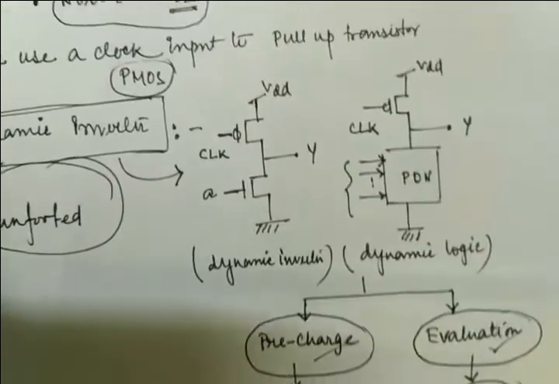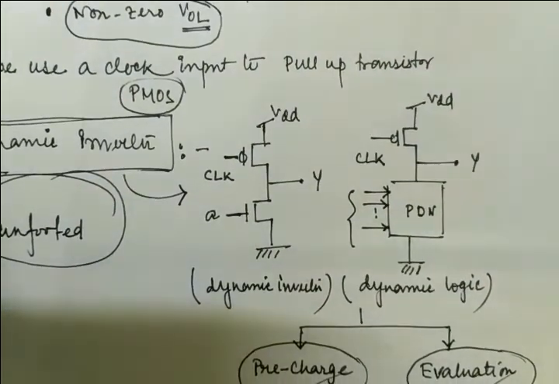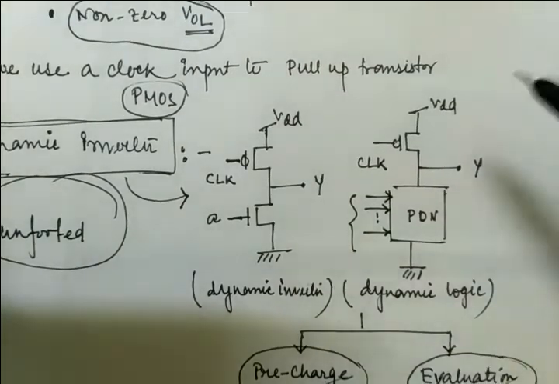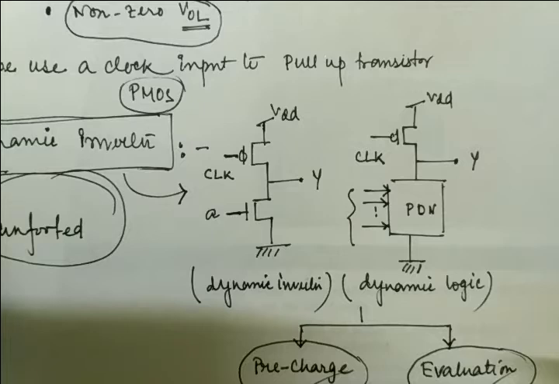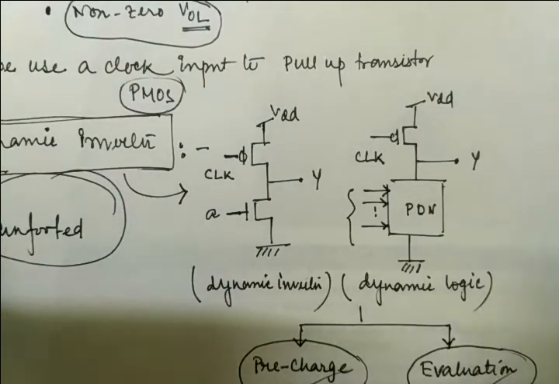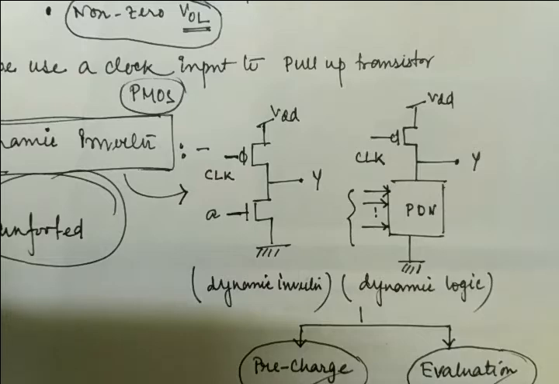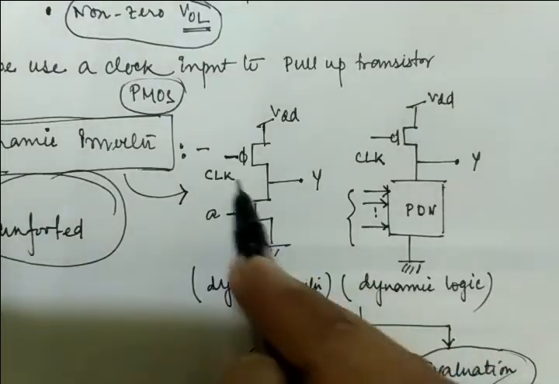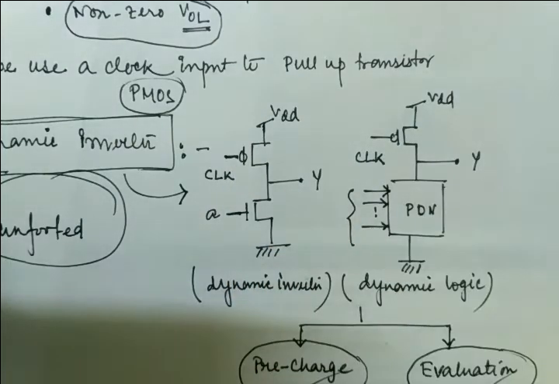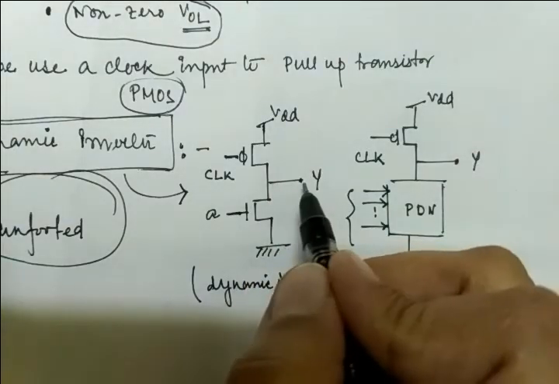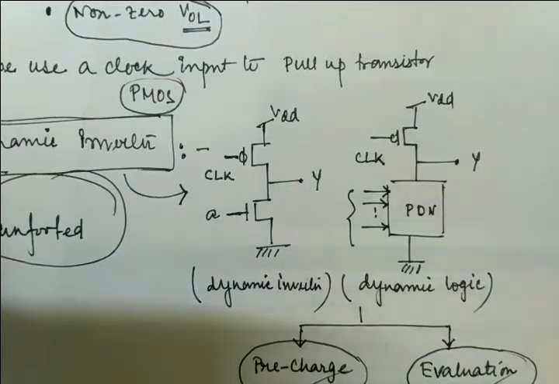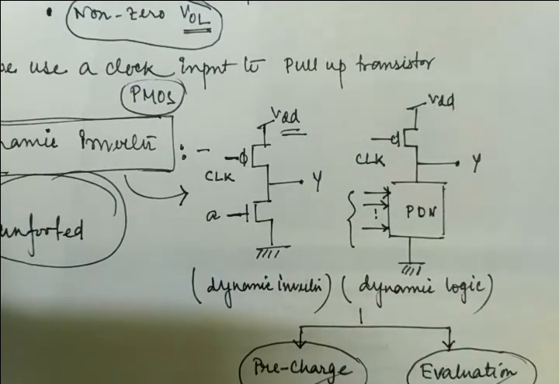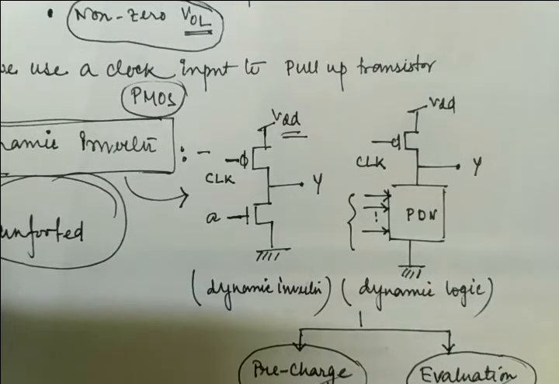Okay, so again coming to the circuit diagram of the dynamic logic circuit, consider the pre-charge phase first. Pre-charge phase means clock equals 0. If the clock equals 0, then what will happen? Clock equal to 0 means the PMOS transistor is on, right? And this Y is charged to what? Charged to 1, that means VDD. Clear? Now it's the evaluation logic. Whenever we go to the evaluation logic, my condition is clock equals 1, right?